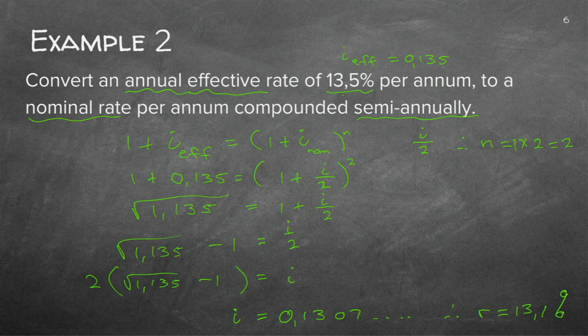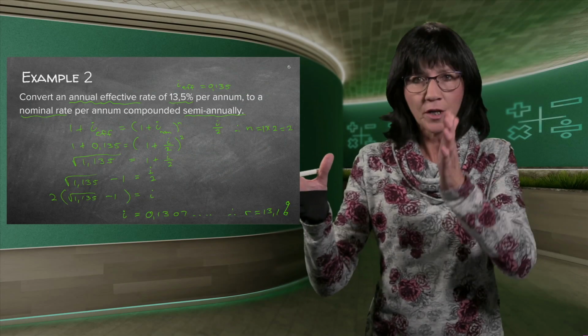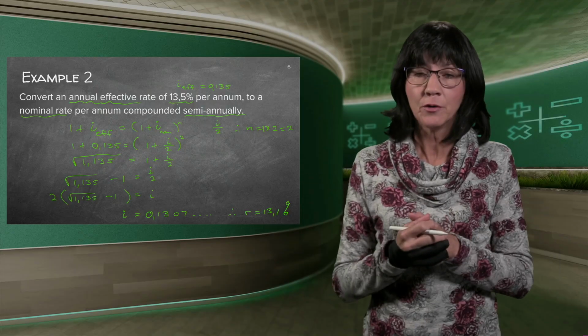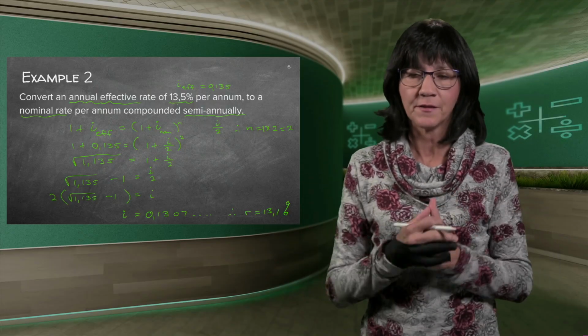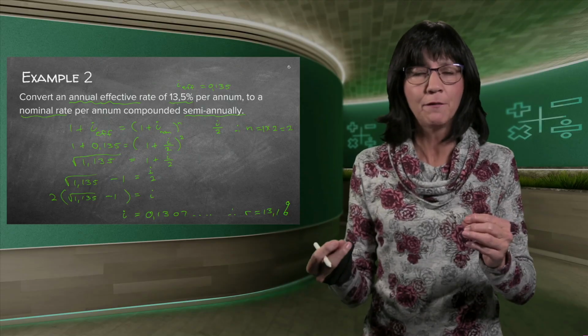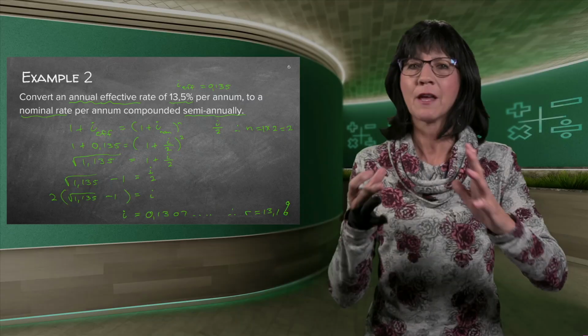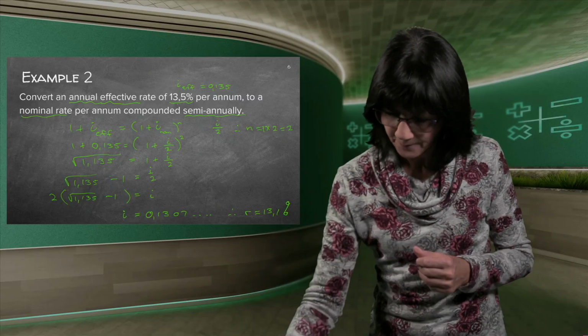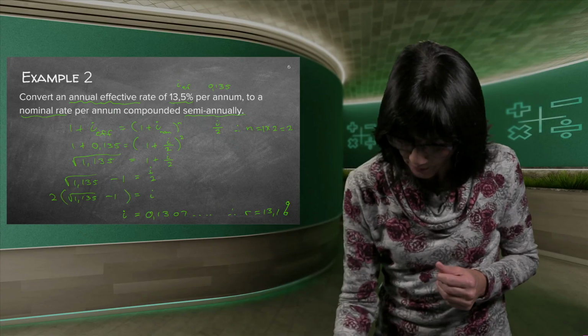Therefore, the interest rate is 13.1%. Now, can you see the nominal rate is now less than the effective rate? Because remember, effectively, if they work it out twice a year, you're going to pay more interest if it's a loan, or you're going to get more interest if it's an investment. Does it make sense? Think about it carefully, because if it makes sense, you don't just have to remember formulae. You remember why they are there and what they mean. So you're going to do this all on your own.